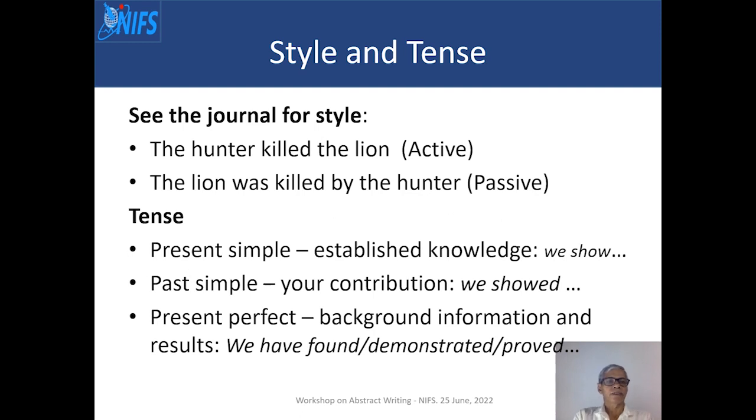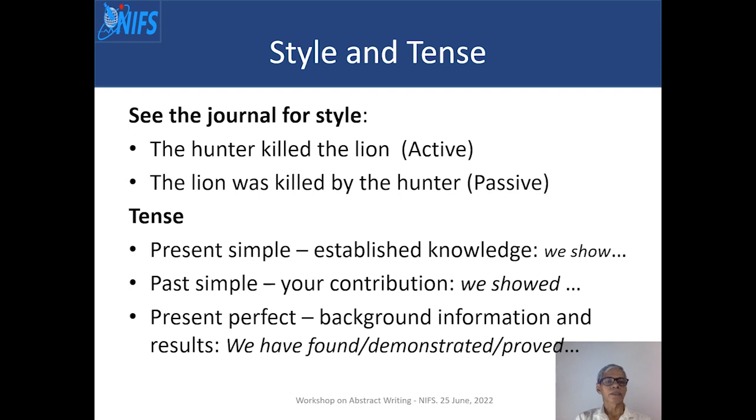Briefly, let us look at the style and the tense to be used in an abstract. Some journals or conferences prefer the active form of writing. This is where the subject is very clearly identified. For example, if you look at the sentence,